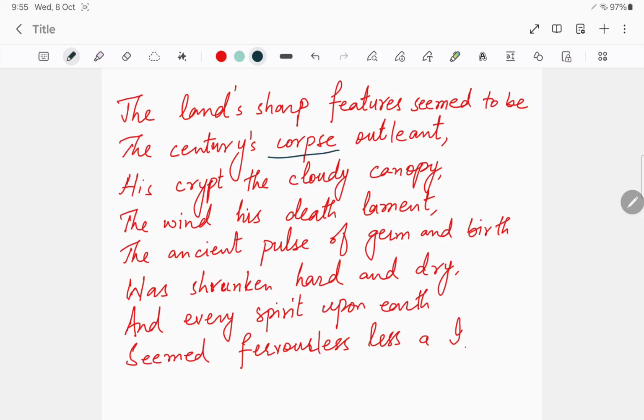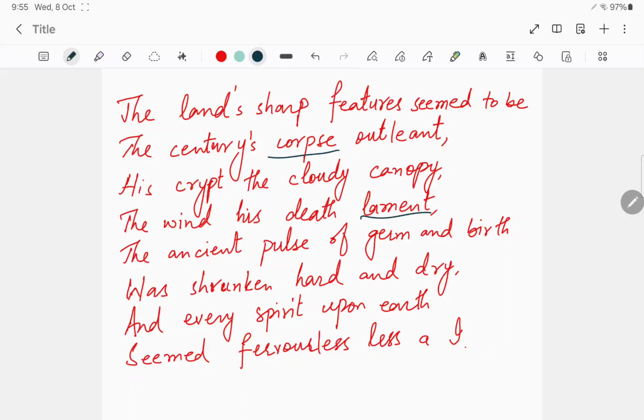And the sky, it seems, acts as the crypt or tomb, a shrine, and the wind wailing, the wind lamenting. That means it's crying, wailing; it sounds like a funeral song, as if somebody is dead. So he's saying that the whole century is dead, and even the wind is lamenting. And then in the next half of the stanza, he says,